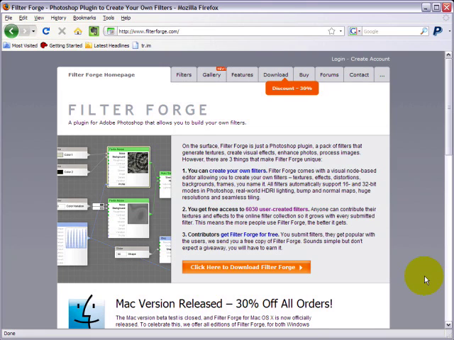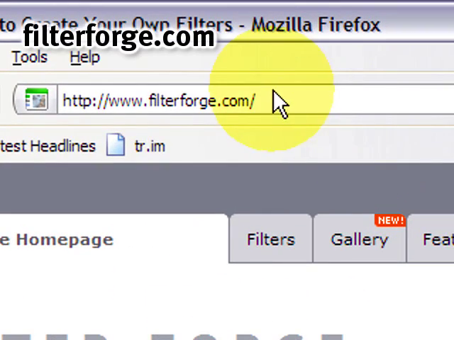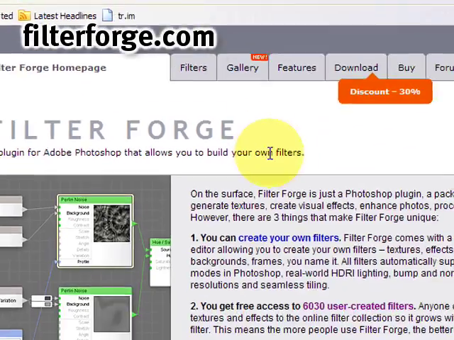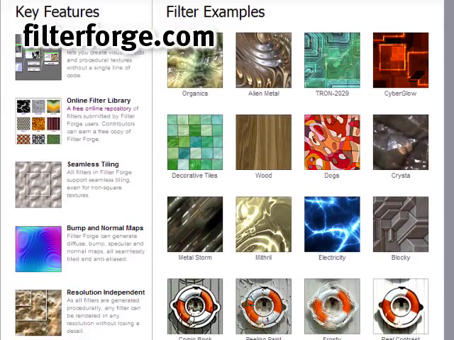I'm delighted you could join me because I'm going to show you a very quick way to make beautiful Second Life textures even if you feel you're not artistic. Come to filterforge.com. It's one of my favorite tools for making filters and textures and all manner of graphical lushness,